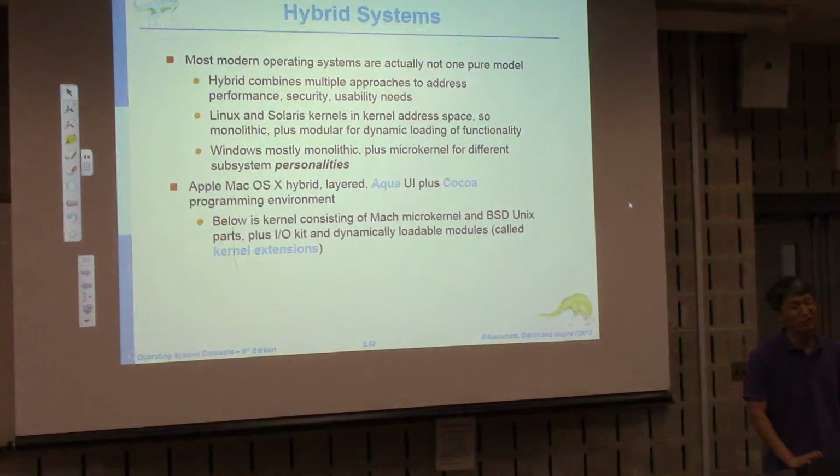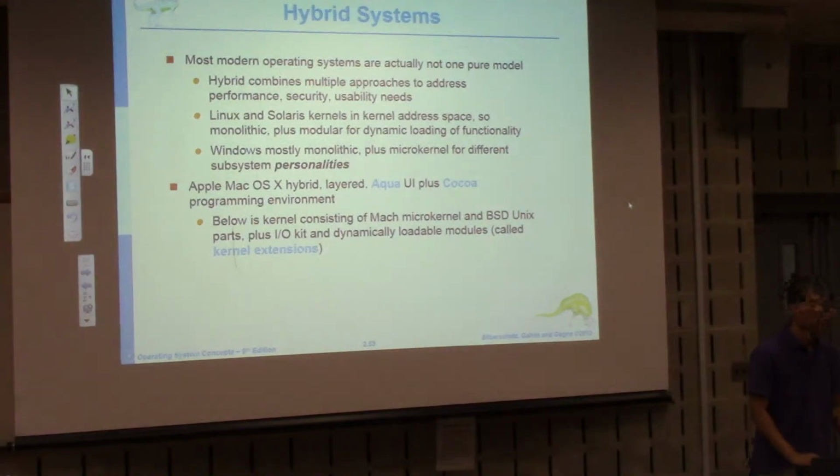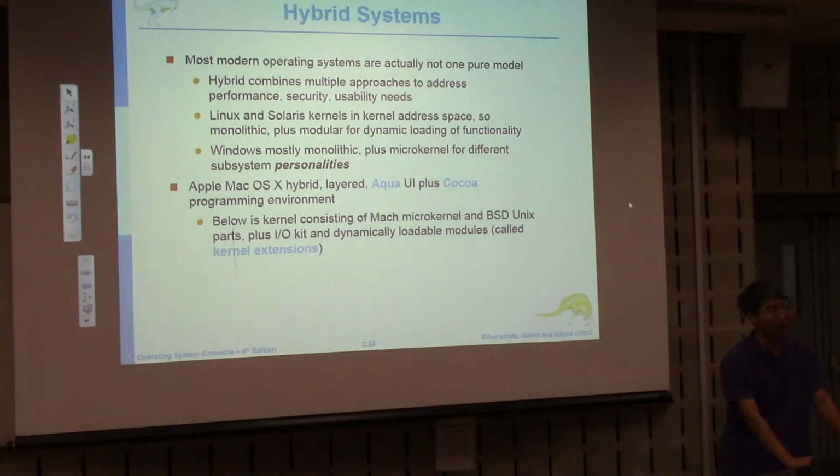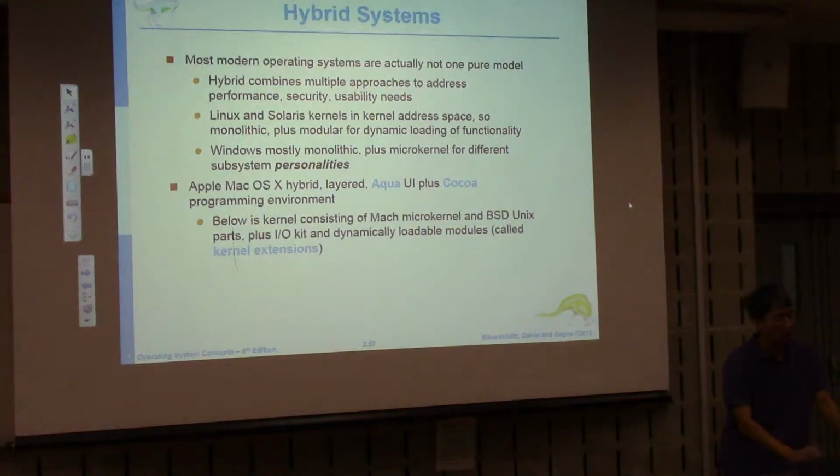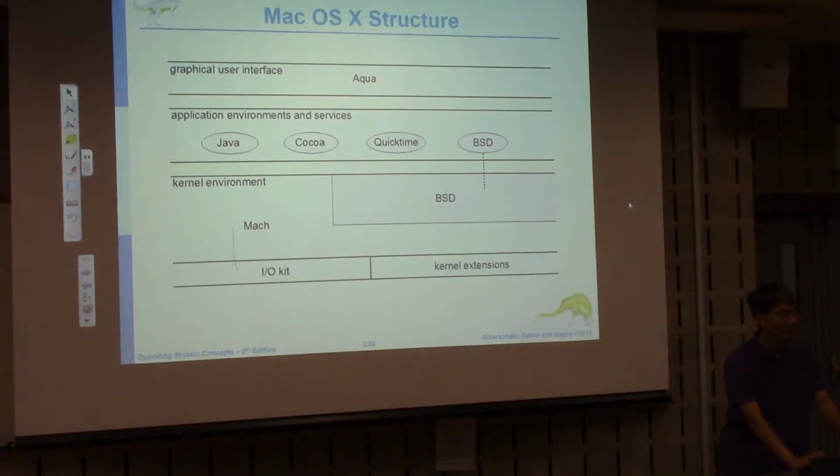However, nowadays they mix, and hybrid is one of the trends, right? So they try to get the benefit of the modular and layered approach. So it's a hybrid system. For example, Mac OS is a hybrid. It has layers or different